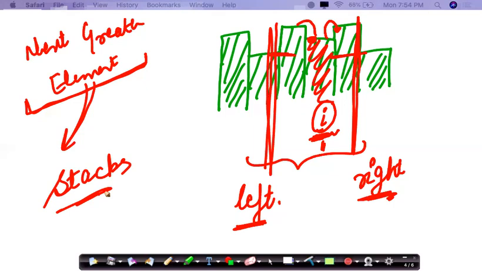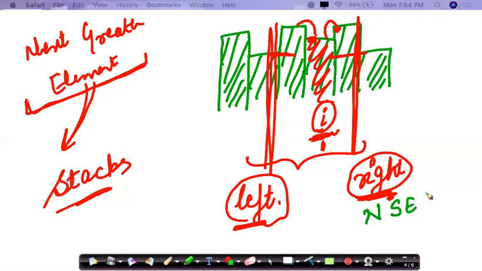So using the same approach, we are going to find out the left as well as the right index, because right index is nothing but the next smaller element and the left index is nothing but the previous smaller element for this index I. So what I'm trying to say is, if you want to find the next greater element for any element, then you need to use a stack in decreasing order.